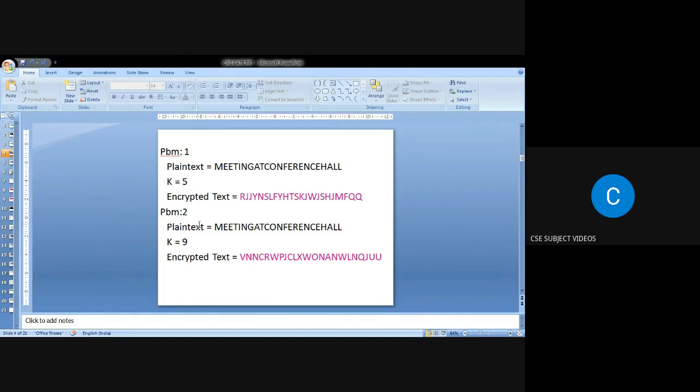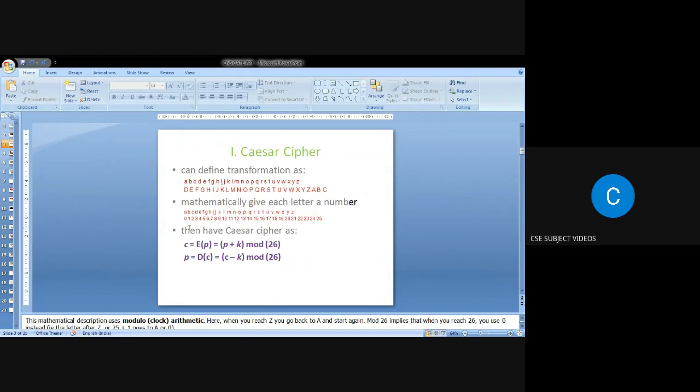Similarly, we can go with the same plain text, and here we have the key k value to be 9. So what is 9 here? This indicates that we have to substitute each letter given in the plain text with the ninth letter right to that particular letter in the plain text. Now the same you can take with M. You can go with the previous slide. So we can go with M.